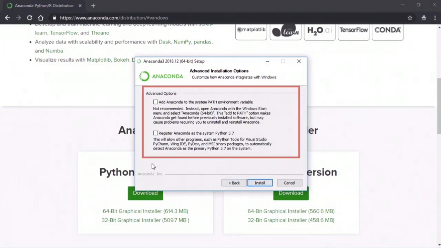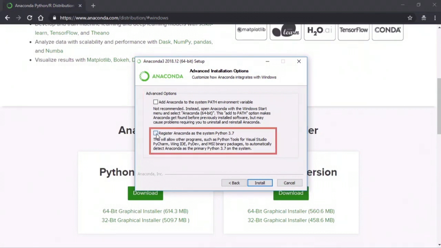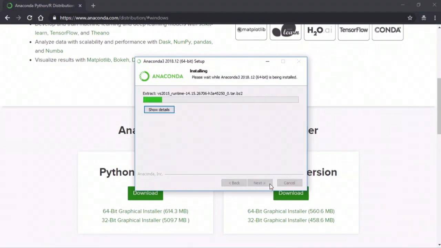This will take you to a page which shows you some advanced installation options. Now, the particular detail that you need to pay attention to is whether you want to use this distribution of Python as the Python version used by the system as a whole. What does this mean? You might have other versions of Python installed on your local machine. If you select this checkbox, this version of Python that we're installing using Anaconda will be the version that applies by default. Well, that's exactly what I want. I want to make sure that we do all of our demos using this latest version of Python. So I'm going to select this checkbox and click on the install button here.